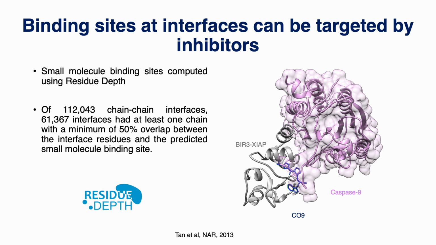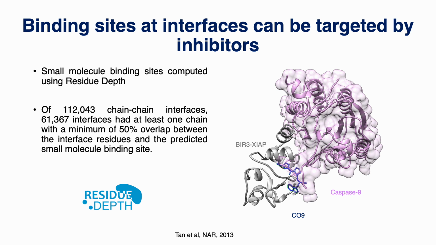So out of 112,000 chain interfaces, 61,000 had at least 50% of overlap between the interface residues and the small molecule binding site. So if we have a binding site at an interface, the binding site could be inhibited by a small molecule, preventing the interaction to take place. So over here is an example